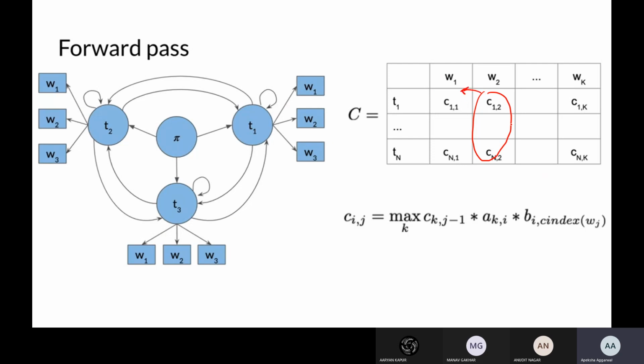For moving to the second, C12, I'm at, let's say, location T1, and I want to go to location T2, and the word was W2. W2 is appearing in term